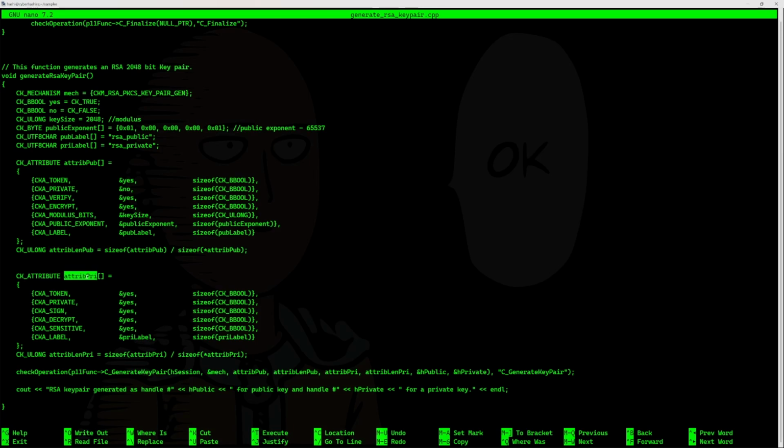And then below that we have the template for our private key. This is going to be a token object. It's going to be private. This private key should be able to sign some data. It should be able to decrypt some data. It's a sensitive object. And the label of this private key will be set as RSA_private. And below that, we are calculating the size of this template. So attrib len pri, which is of type CK_ULONG, will have a value of